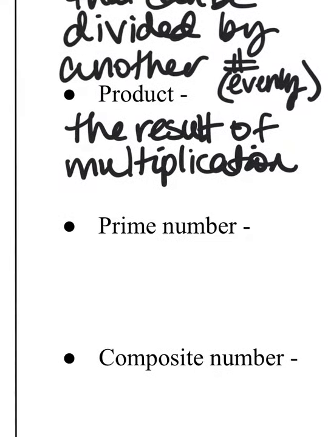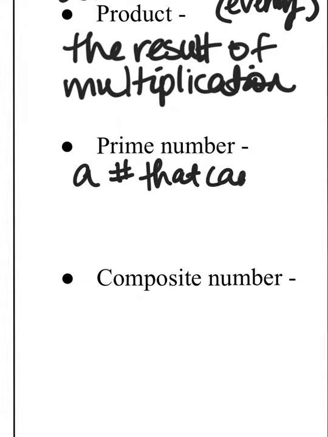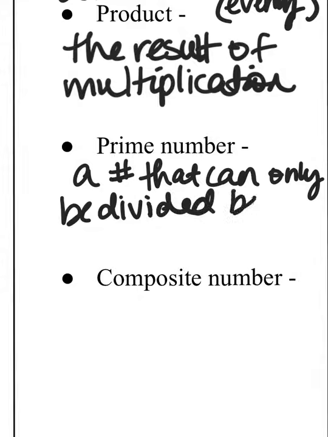A prime number is a number that can only be divided by itself and 1. Okay, and I'll give you some examples of prime numbers in a second. Okay,